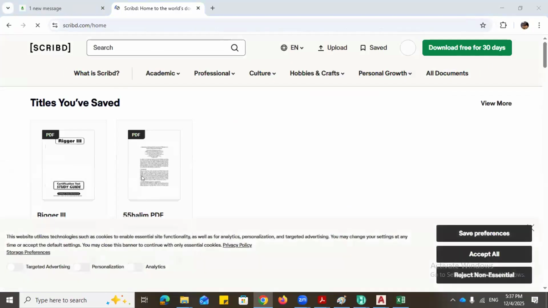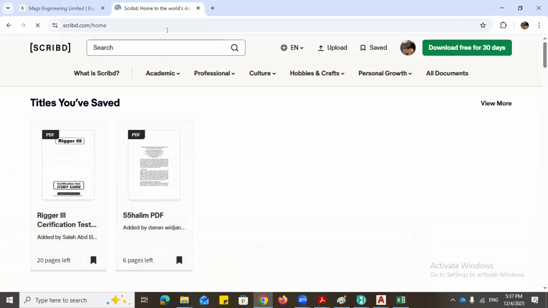A lot of documents you need. If you see now, when I open this, what is here is what? Rigaa 3 certification. Even apart from the process area,